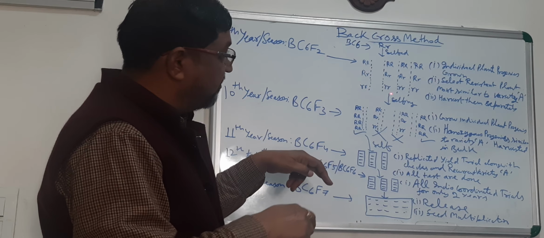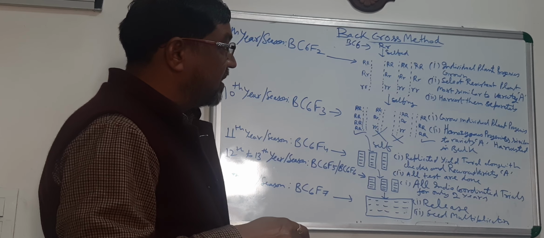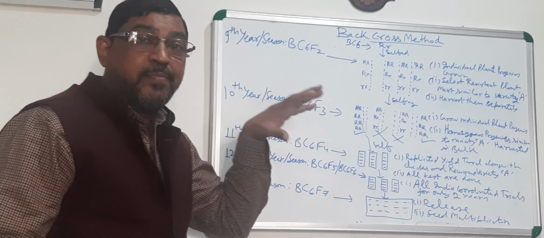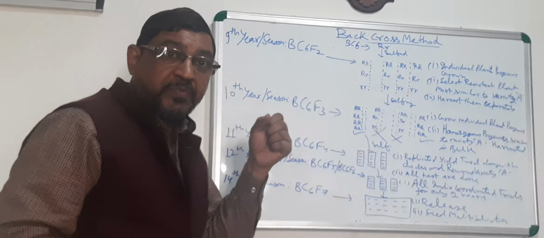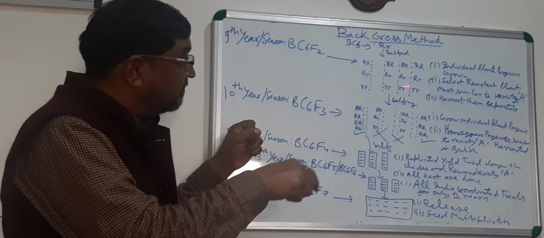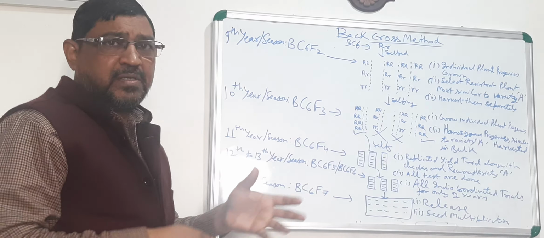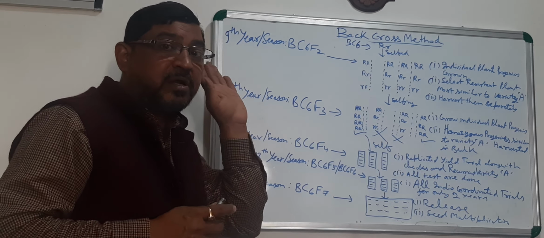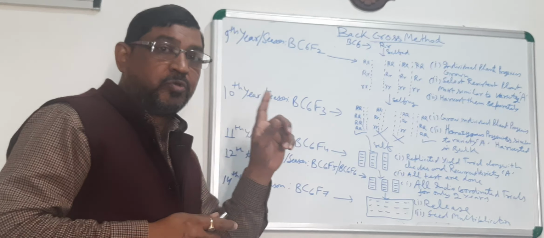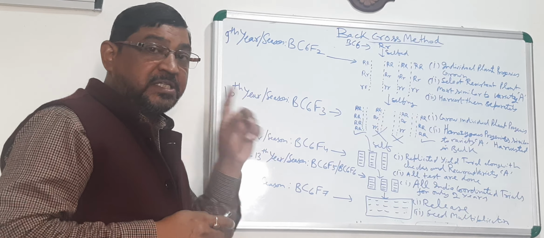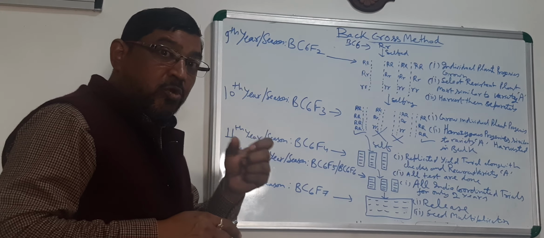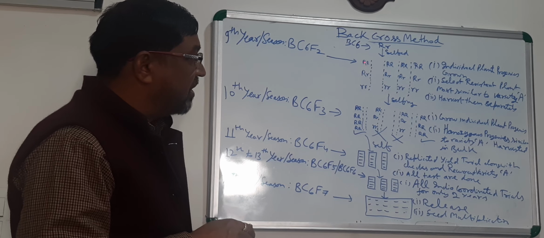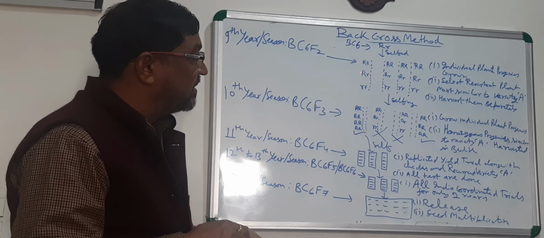So individual plant progeny is grown, as you are seeing here. All these plants are different. So individual plants have been grown. Select resistant plants most similar to variety A. You have to be very particular. You select the resistant plant from any row, any progeny, but that plant must look almost very similar to your recurrent parent, the recipient parent. Then only you will be successful, otherwise no. So you are selecting, and you do not yet know whether you are selecting capital R, or capital R, small r.